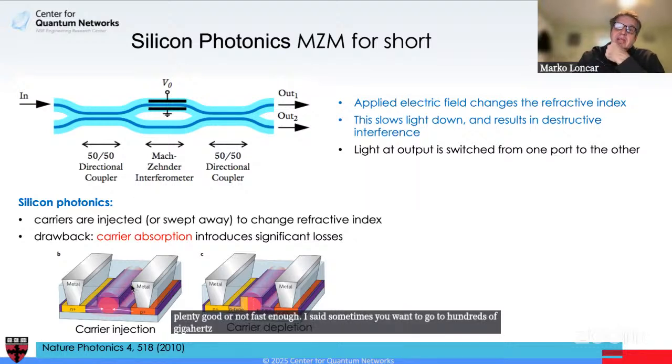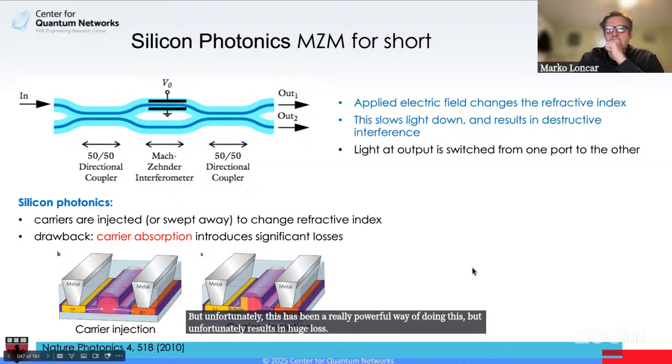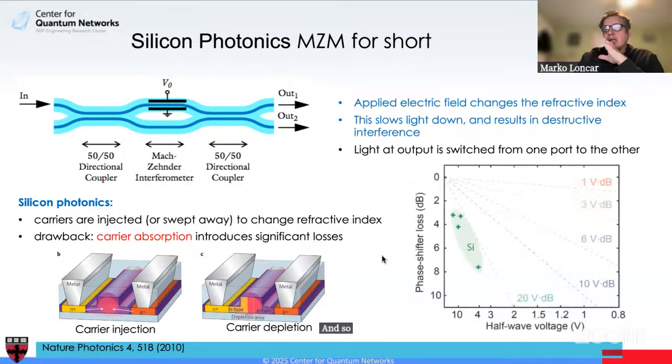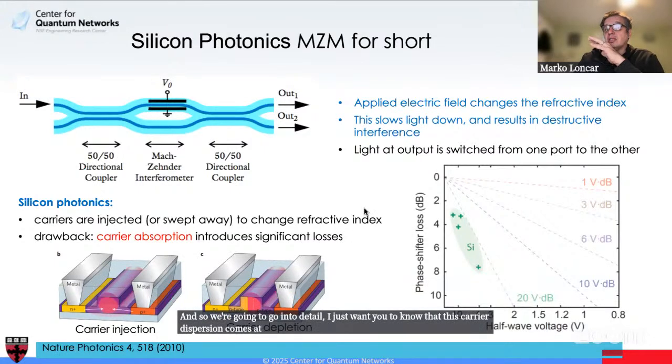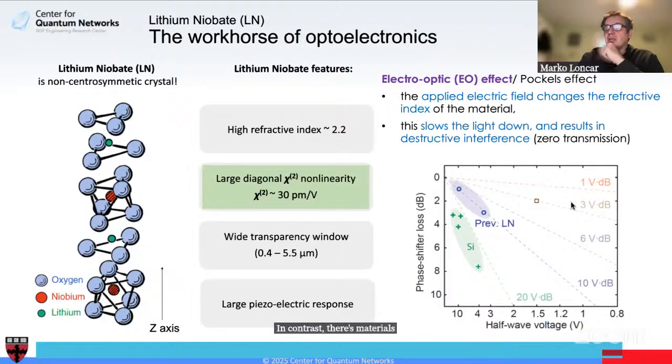So what people have done is inject carriers or sweep carriers out. So they're using carrier dispersion to change the refractive index. This has been a really powerful way of doing this, but unfortunately it results in huge loss. Without going into detail, I just want you to know that this carrier dispersion comes at the expense of very large loss. In contrast, there are materials, and let's not worry about this chart for now,